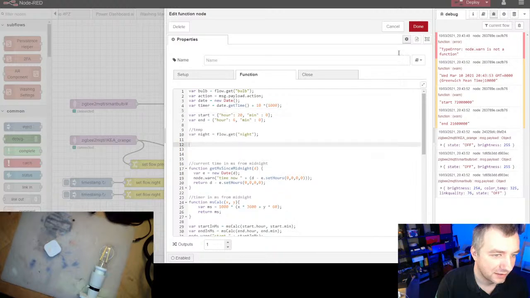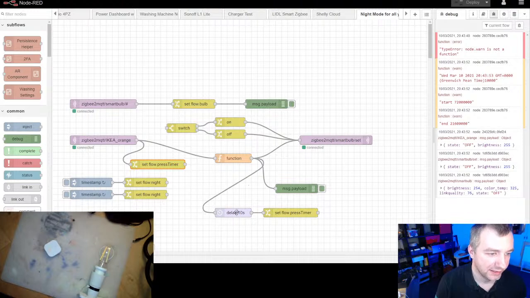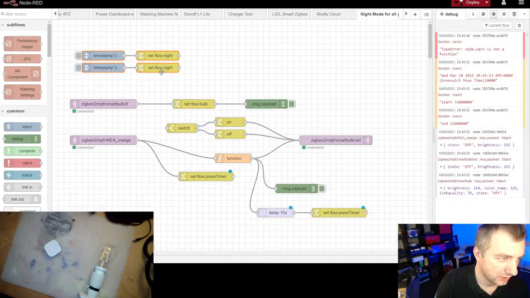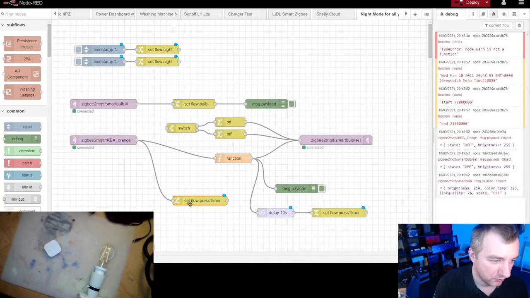Here. So what's going to happen? The moment we press the button, we're going to set the press timer to 10 seconds. 10 seconds after, we're going to get that deleted. And if we pressed it in the meantime, now we should just have to link this so it wouldn't work every time. So we need to add a new way, because every time we press the button, it will reset our value,